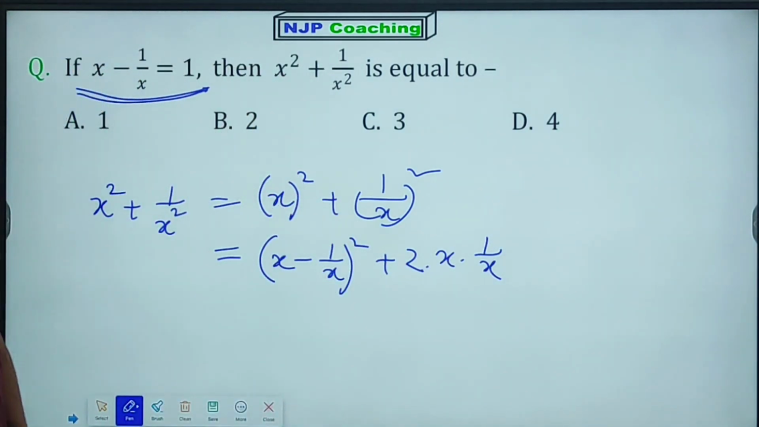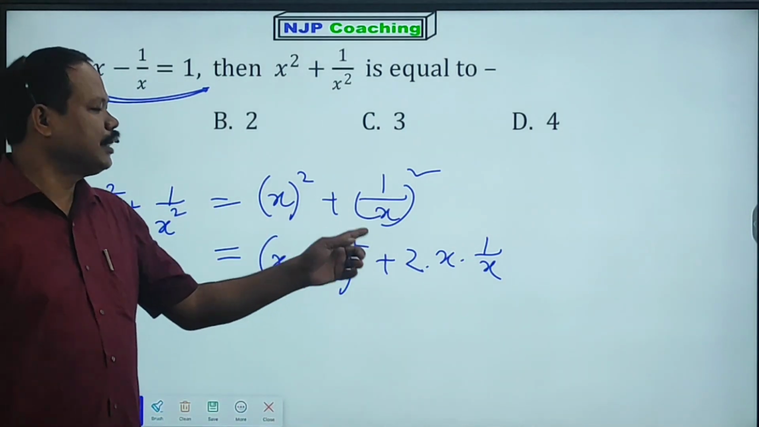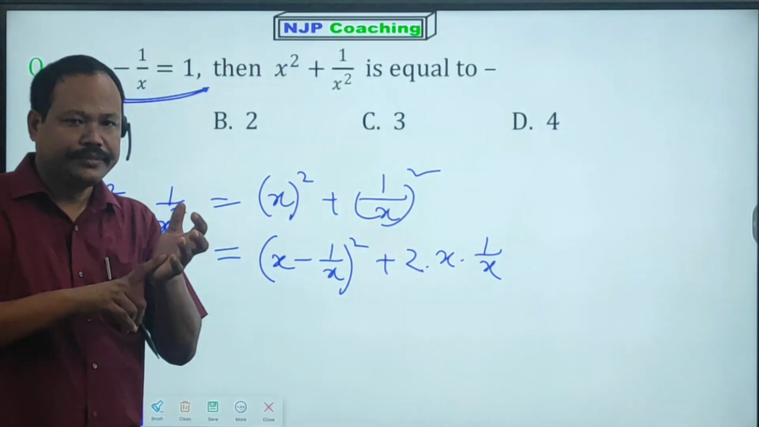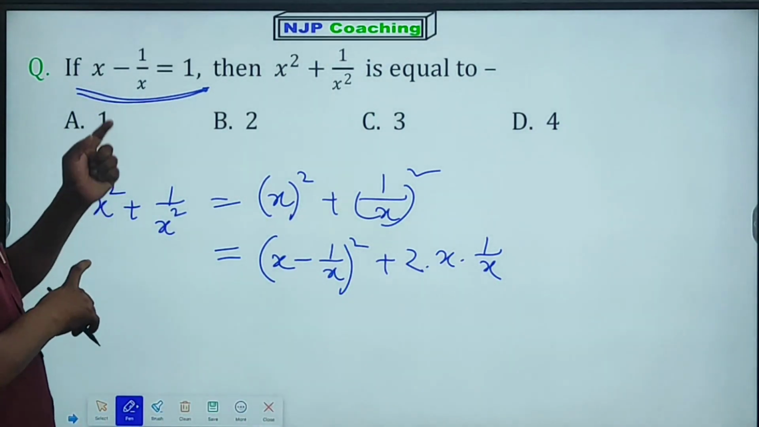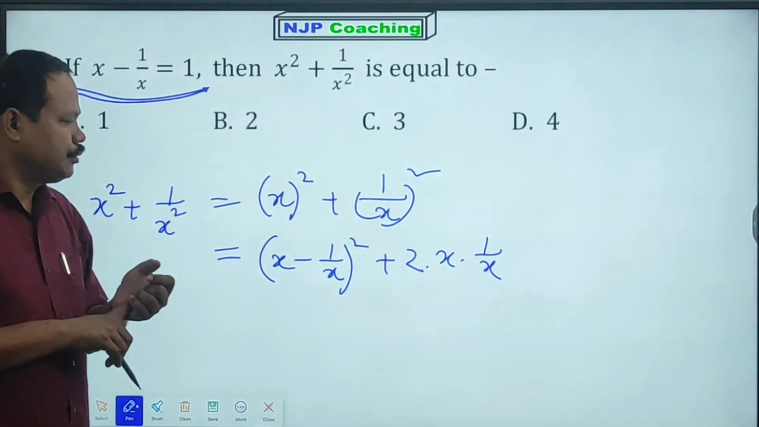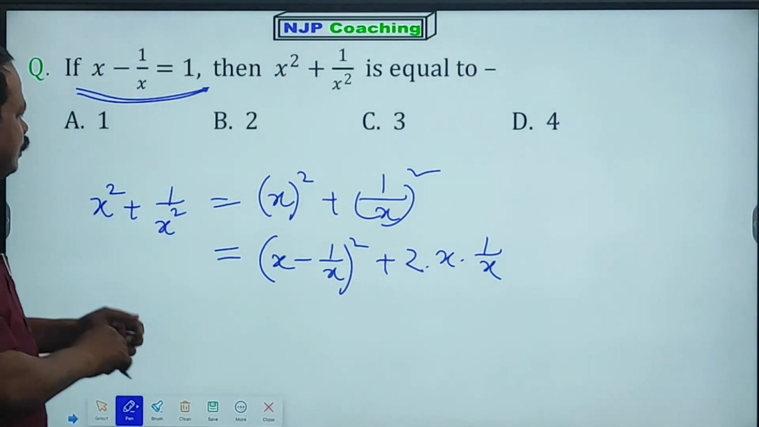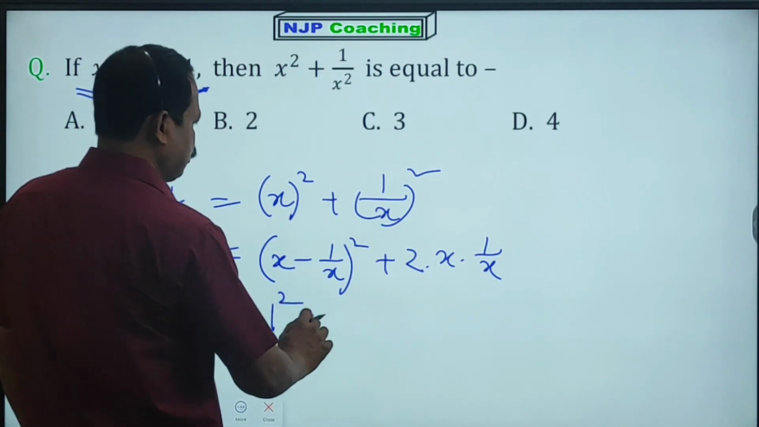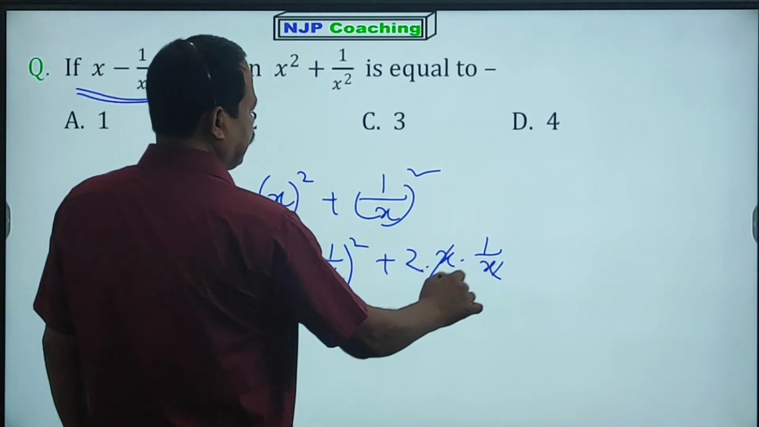So it depends. Sometimes we write (x plus 1 by x) whole square minus 2 into x into 1 by x, if the given condition is x plus 1 by x. Now x minus 1 by x is given as 1. So what is x square plus 1 by x square? Putting the value of x minus 1 by x, that is 1 square plus 2, because x and x cancel,